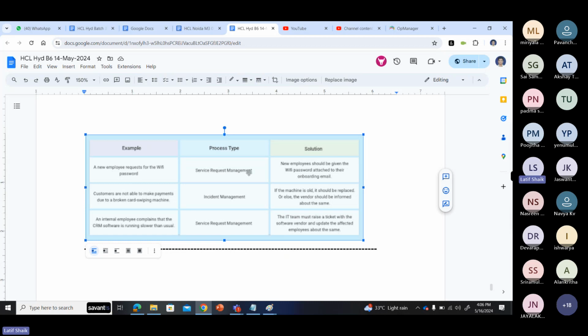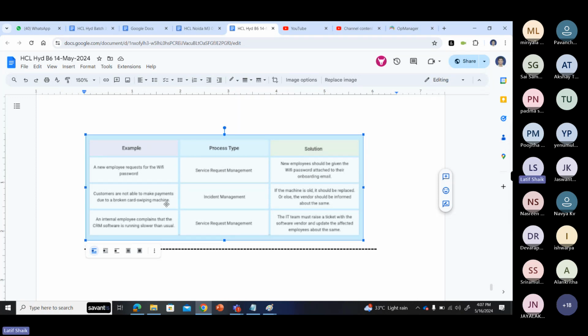Service request management. What is the solution? The new employee should be given the Wi-Fi password attached to their onboarding email. Example, customers are not able to make payments due to a broken card swiping machine. The payment fails not because they don't have funds, but because the swiping machine is not working.